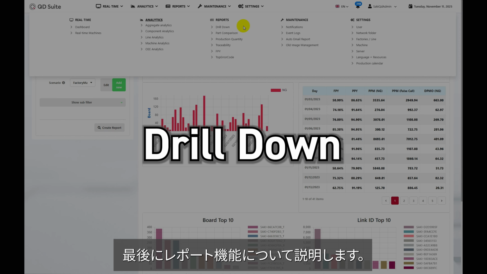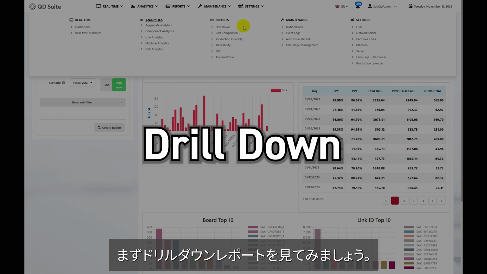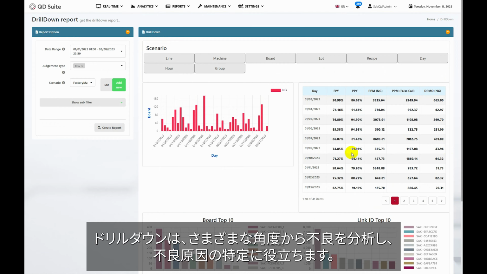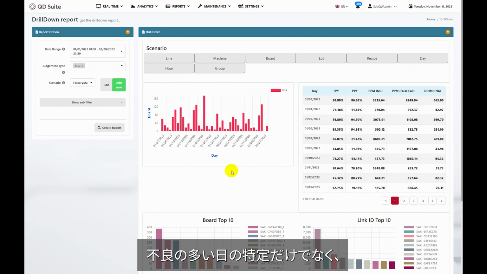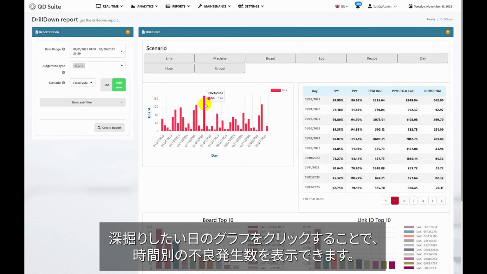Lastly, I will explain the reports function. Let's start by looking at drill down reports. Drill down analyzes defect causes from various angles and helps identify the causes of defects. The graph in the upper left is the daily defect occurrence report. Not only can you identify days with high defect rates, but by clicking on the graph for a specific day you want to investigate,